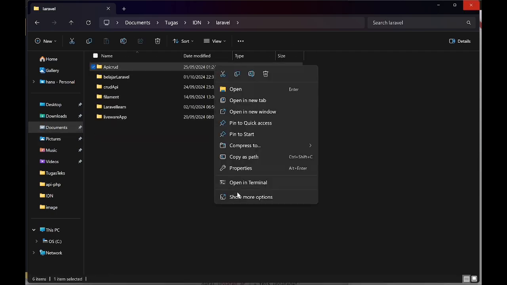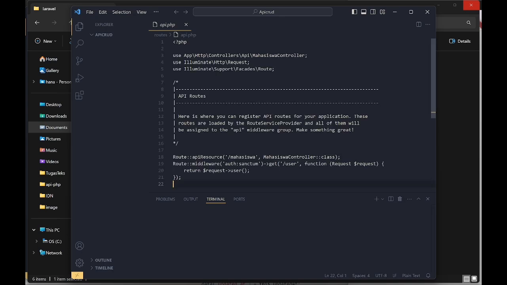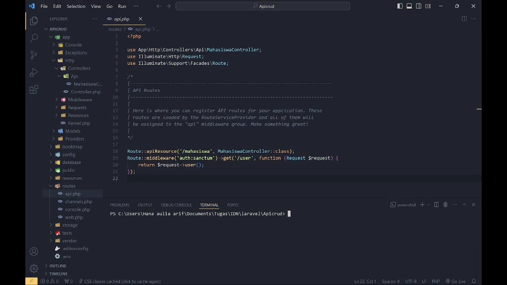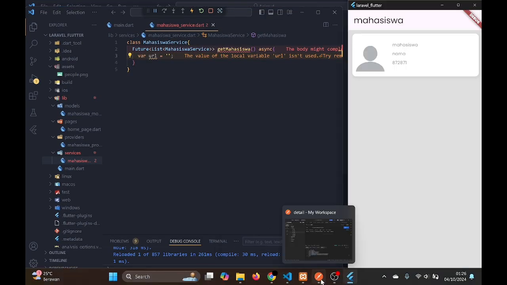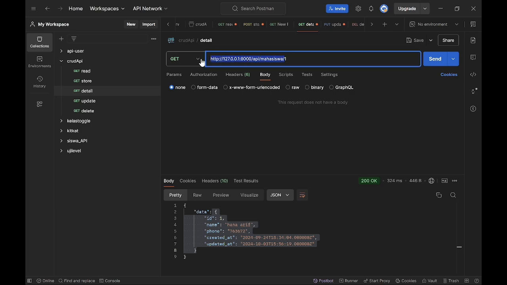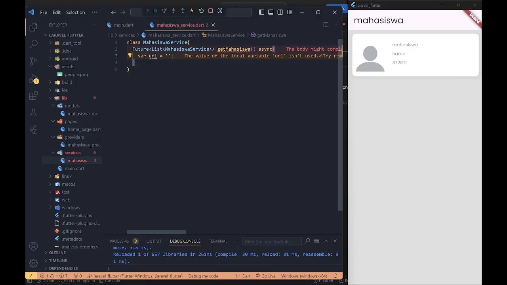So we should open the Laravel first, the Laravel from the previous project, in the previous video, that we made. We use php artisan serve, and we copy this URL, and we paste it into this URL.